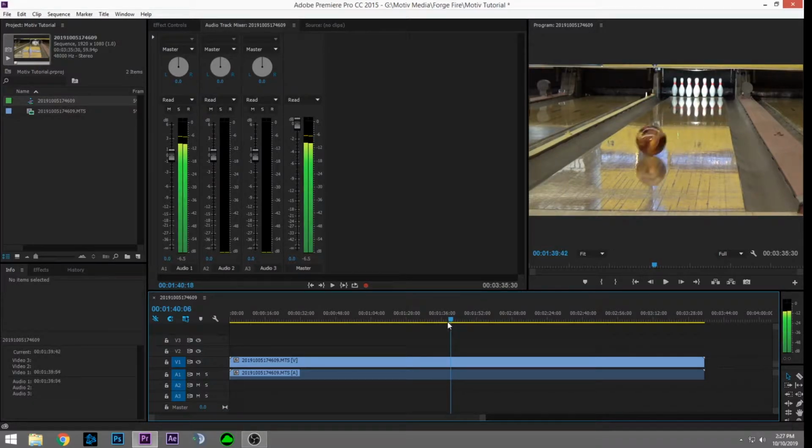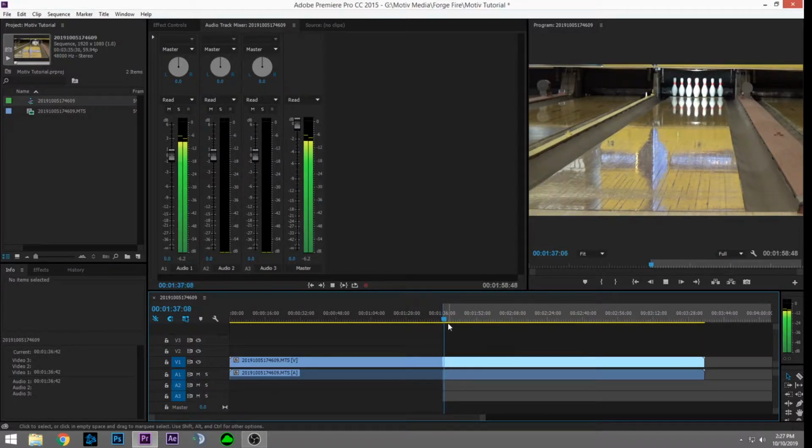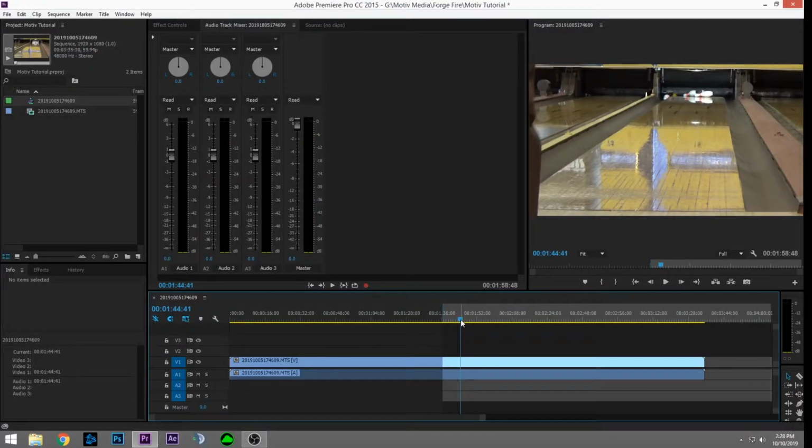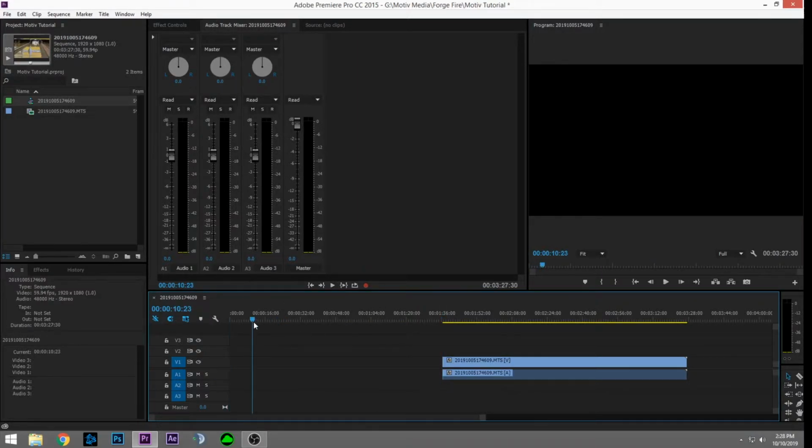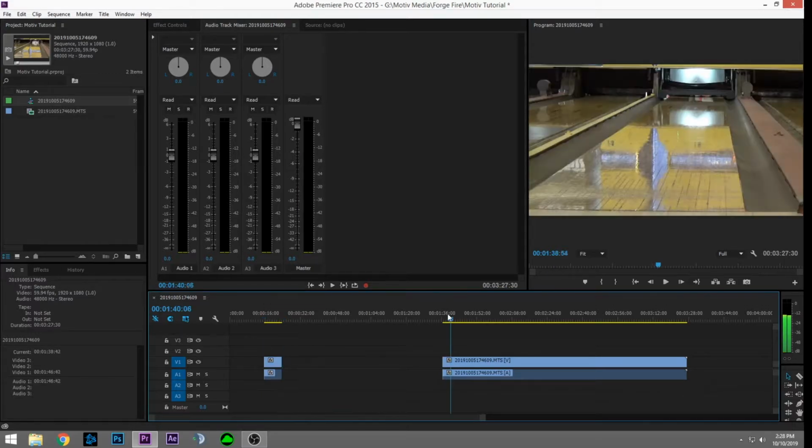So I back it up, select an endpoint with the I key. Then I watch it to find my out point. Pause it, find your out point, press the O key. And then to select it, you actually press the apostrophe key, and that will pull the in and out points out of what you did. Once you do that, highlight and delete the extra footage you don't need, which it's gone now. And then you hit Control V,